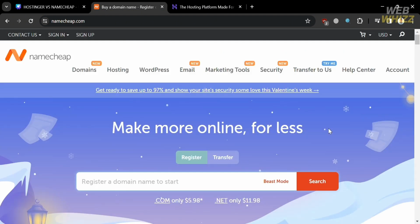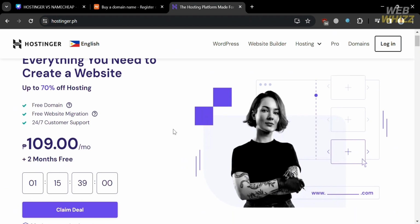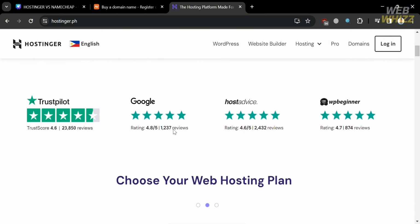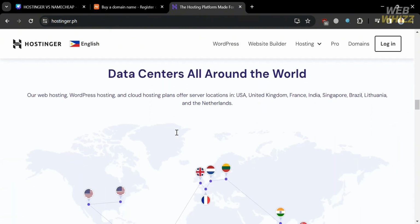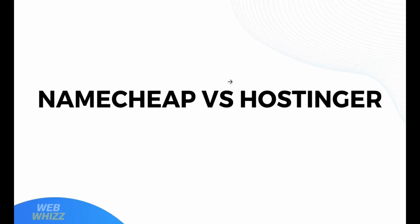On the other hand, Hostinger is a web hosting company that provides a range of hosting services to individuals, small businesses, and organizations worldwide. It also offers various hosting solutions including shared hosting, cloud hosting, VPS hosting, and WordPress hosting. And shared hosting is typically the most affordable option and is suitable for individuals or small businesses with modest website requirements. And now that we know the overview of both platforms, we can now proceed by knowing other details,